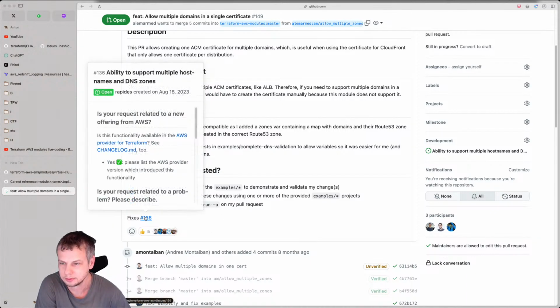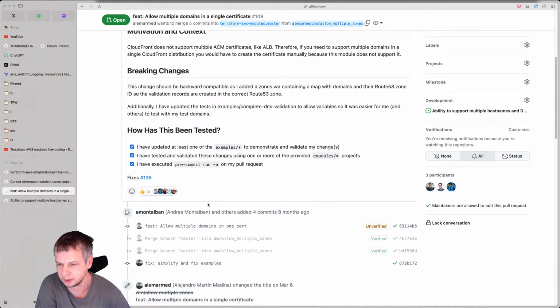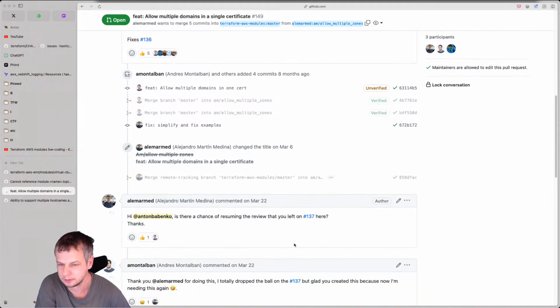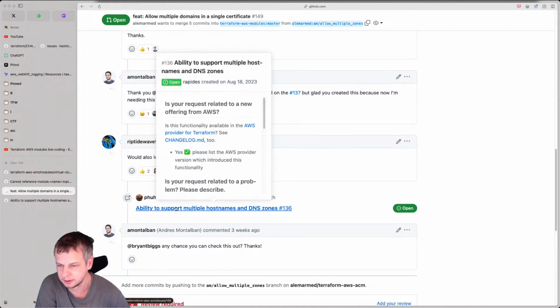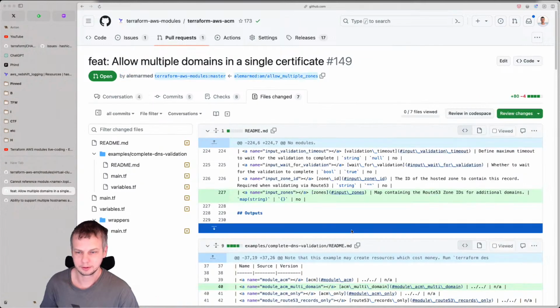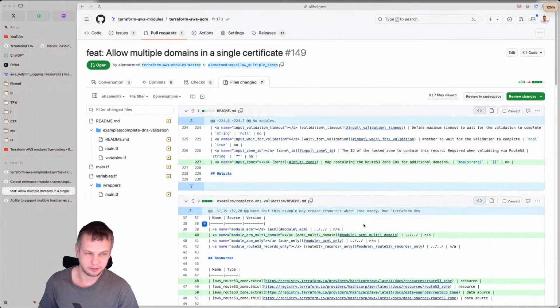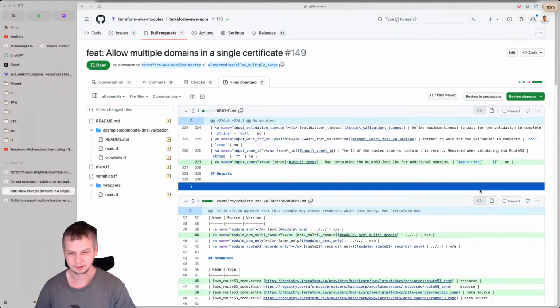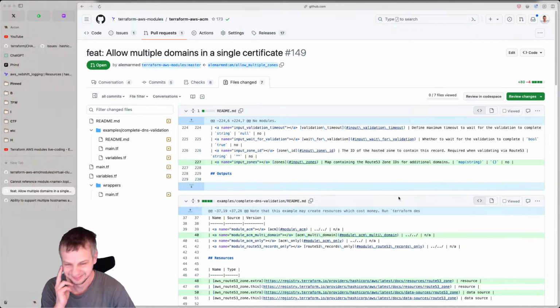Okay, so I guess many people want it. Many people asked. Okay, let's take a look in the code. I'm actually more excited than I may sound. I don't know why. Because now I can clearly see that yes, there is a need for that, and maybe even I have such need myself. It's interesting.